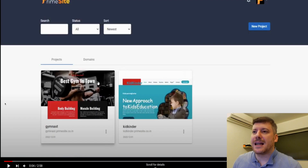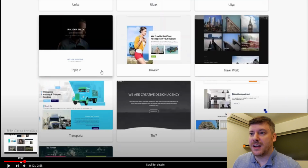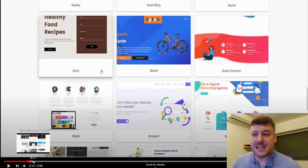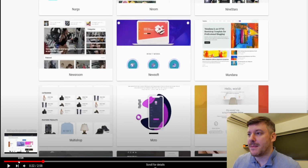So this is what PrimeSite looks like essentially. You have just this main dashboard. And you have a bunch of different templates, so it's going to create these good looking websites for you, and then I assume somehow you can make money from them. So straight away from what I know,